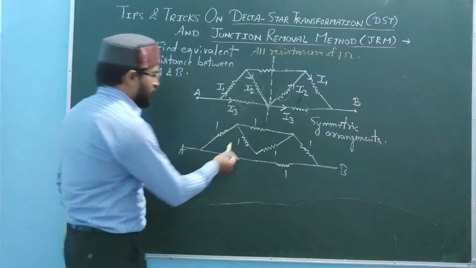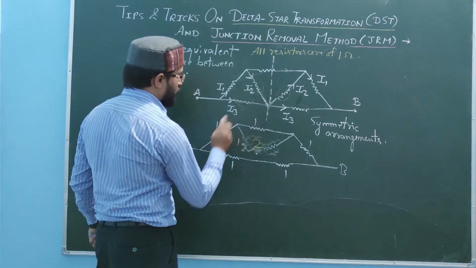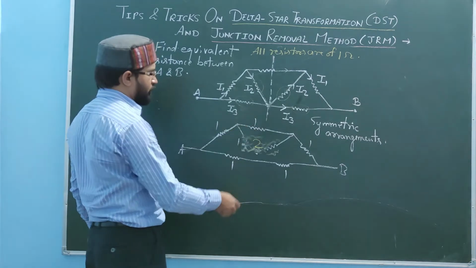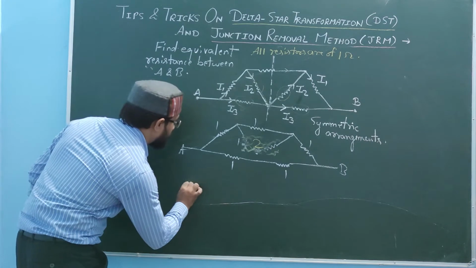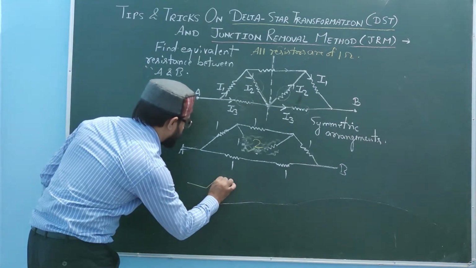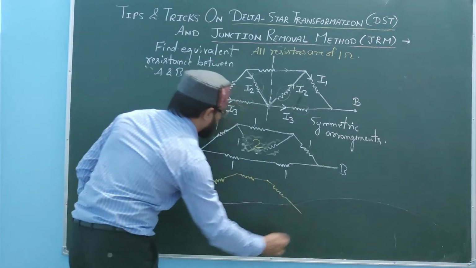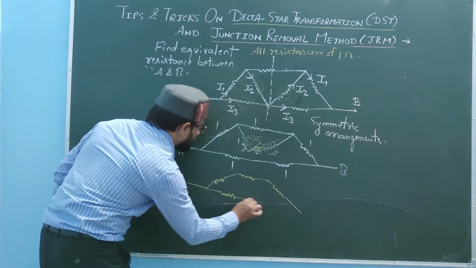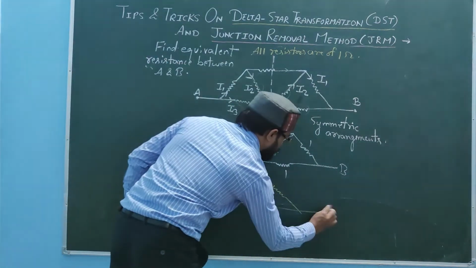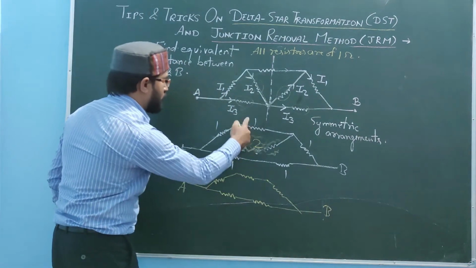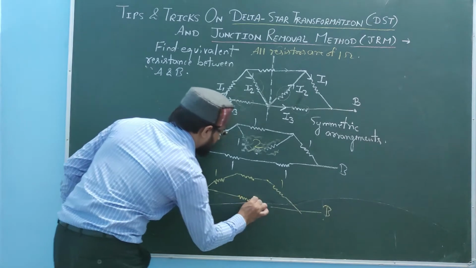Now see, 1 and 1 create a series combination of 2 ohm. Then 1 and 2, 1 and 2 make a parallel combination. These 1, 1 are creating 2. So it is like this. Now you don't need to draw like this, I am just drawing it; you can directly solve. A, B. So it is 1 and 2. This is 1, 1, 1, 1. This is also 1 and 1, 2.